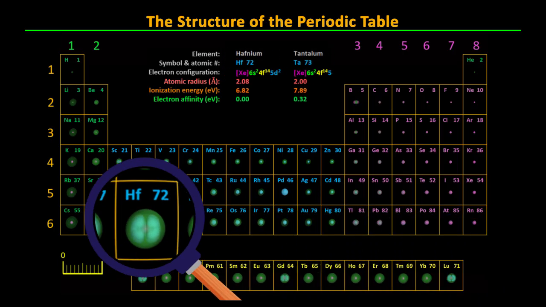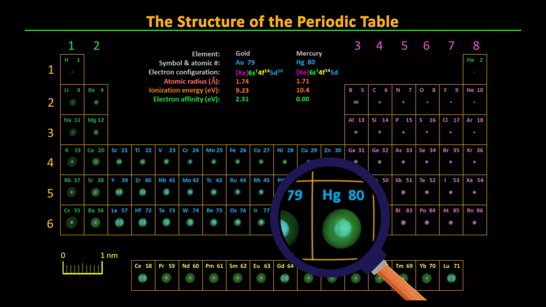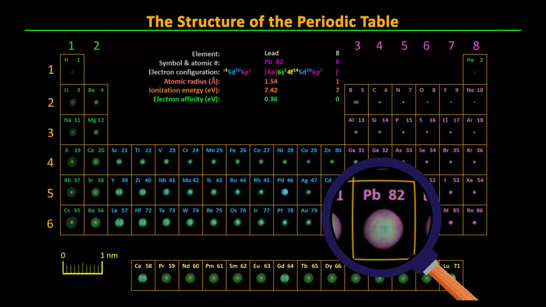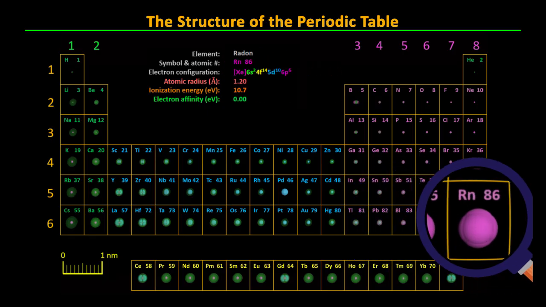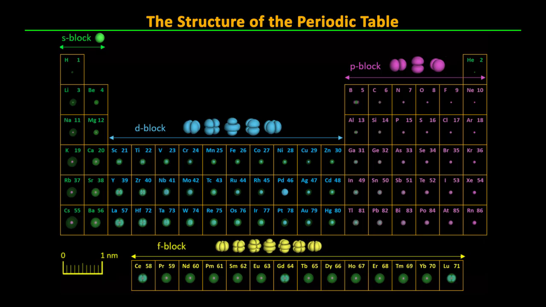After the f shells are full, we go back to filling out the 5d orbitals with the transition metals from hafnium through mercury, and finally the 6p orbitals fill up until we get to radon at atomic number 86. So to sum up, the periodic table structure is best thought of as being composed of blocks corresponding to the electron shells which are being populated as the atomic number of the elements is increased.